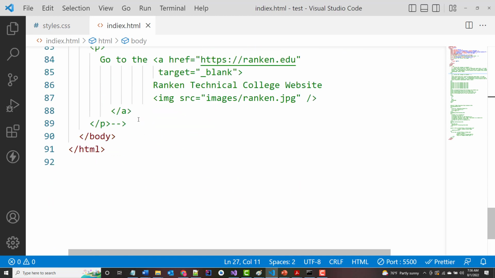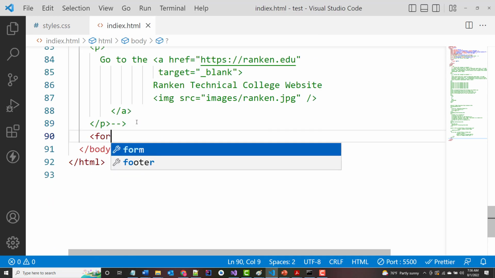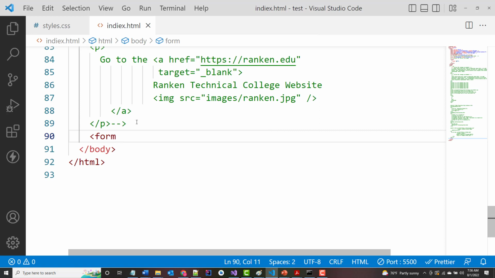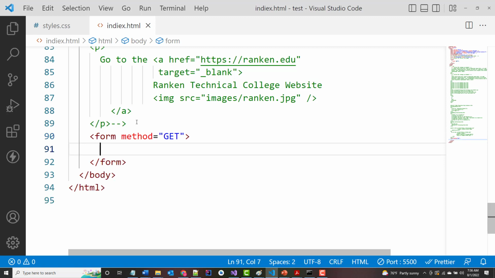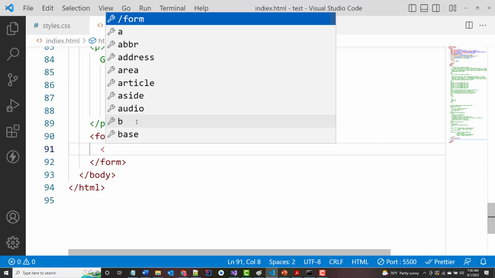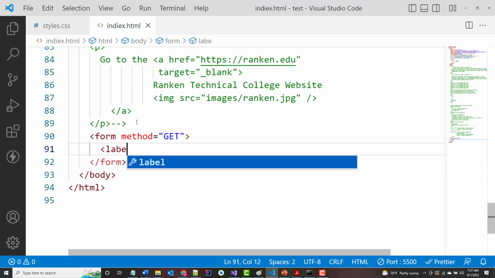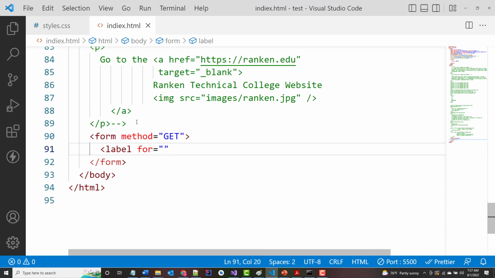All right. So form, typically when you've got a form, if you want it to go someplace, you'll put that in there, but we're not having it go anywhere. But we'll put in here method equal get, oftentimes it's capitalized. And we'll just put this in. I'm going to put in a couple real simplistic little things. So let's put in two fields and then a button. So I'm going to put in here a label, and I'm going to put in for equals, and I'll put in first name,